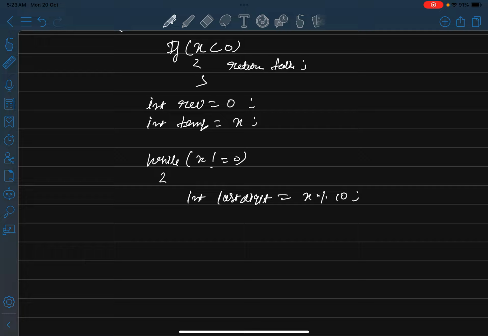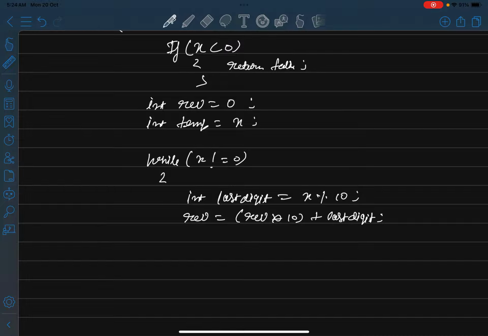Now I add this last digit into the reverse variable using this line: reverse equals reverse times 10 plus last digit. So I added this last digit into the reverse variable.